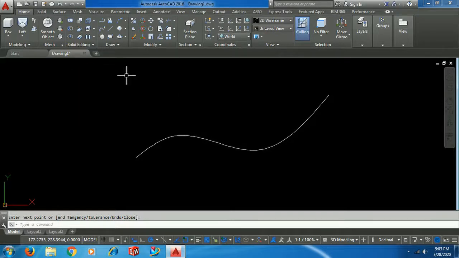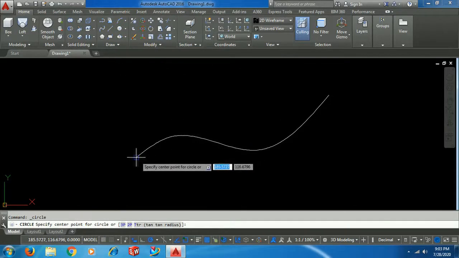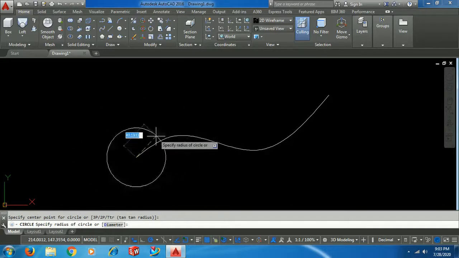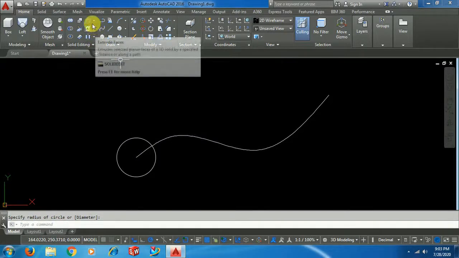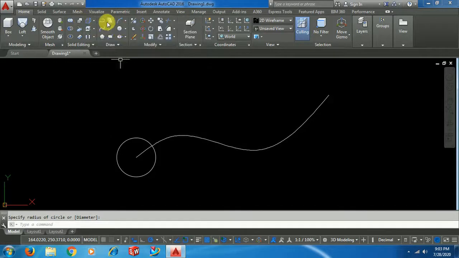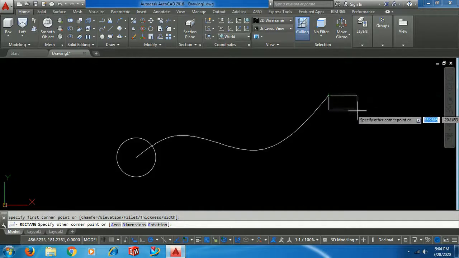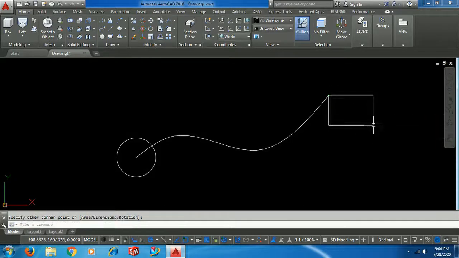At the start and end, I have selected the circle command, created a circle at the start, and a rectangle at its end.